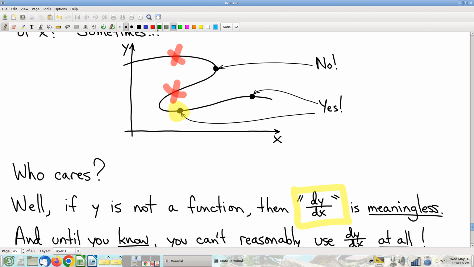If I wanted to find dy/dx, I just need just enough curve that I can talk about a tangent line, and then I can define dy/dx the usual way, slope of the tangent line, blah, blah. But I do need, at least locally, to have y actually be a function of x,